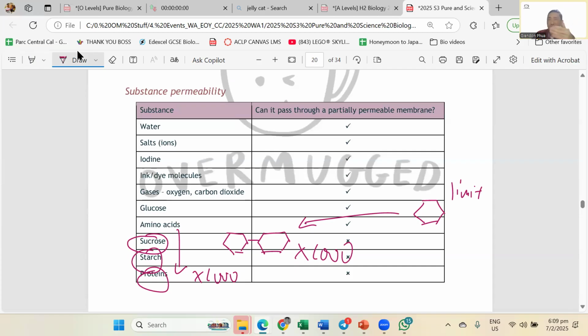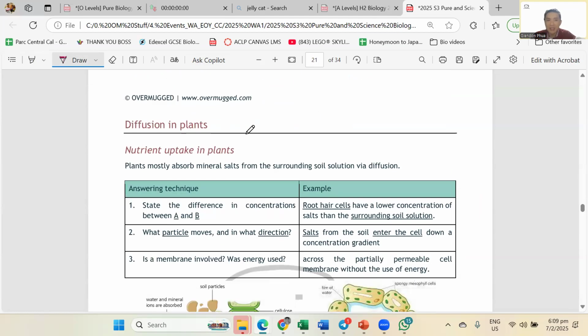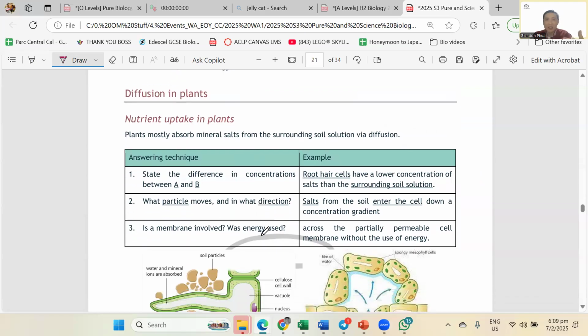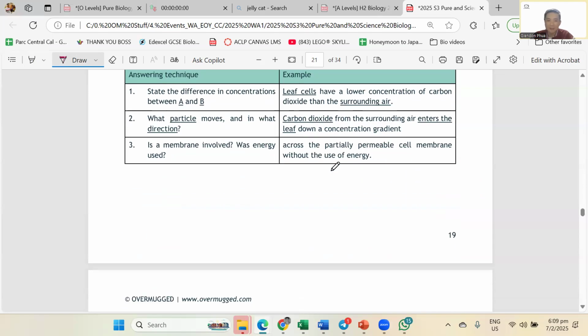So when it comes to those case study questions, especially with the beaker and the Visking tubing, check: did they put any of these 3 things? They are out to cheat you. Okay, they're out to cheat you. All right. Now, over here in our notes, you've got some very nice answering technique teaching you how to answer. So like what I said, you know the regions already. State which one has a higher or lower concentration, how it moves, enters the cell along a concentration gradient across a partially permeable membrane. So this one you can all get and read. Okay. I won't spend too much time on it.